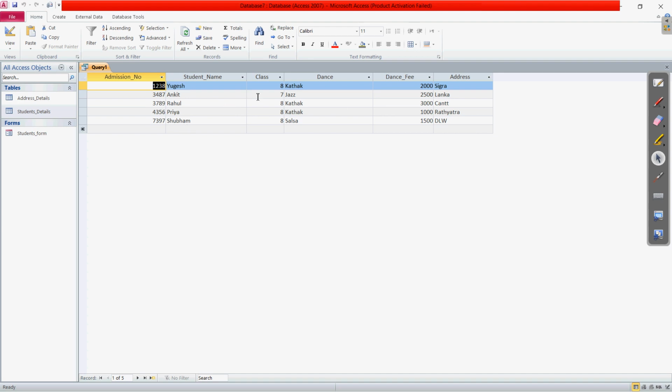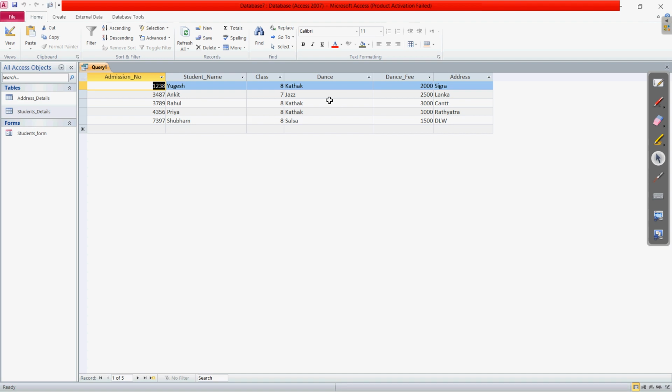Clear? And the classes of those corresponding students, their student name and the dance form we can see here. Clear? So this was the criteria being matched, as both tables that we have chosen had a relationship where the admission number was the common field in both tables.